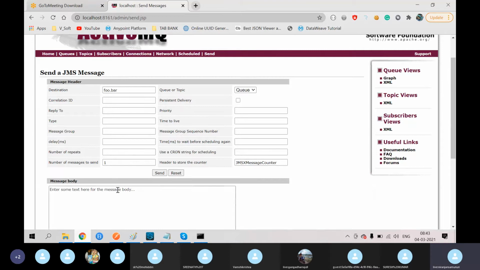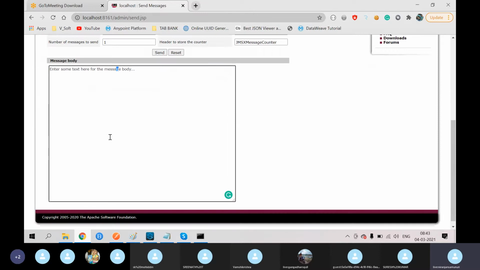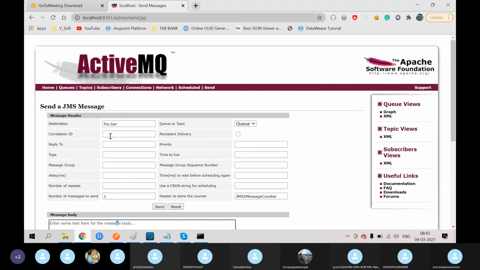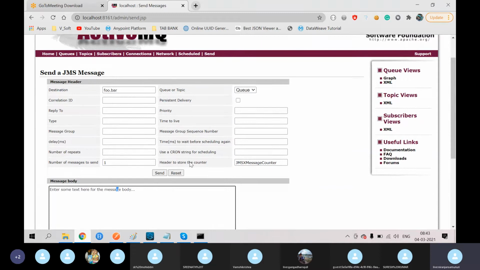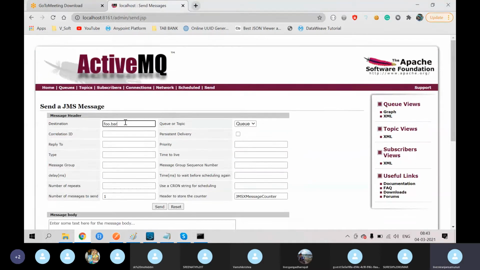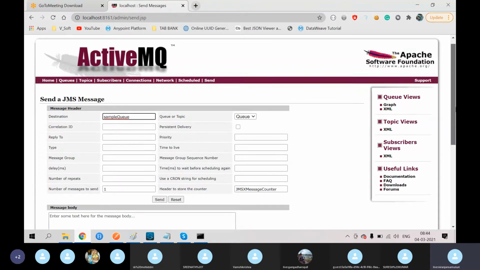Here we need to give the queue name as the destination. As of now we have created the sample queue. If you want to give any correlation ID, you can give it, otherwise you can keep it as is.